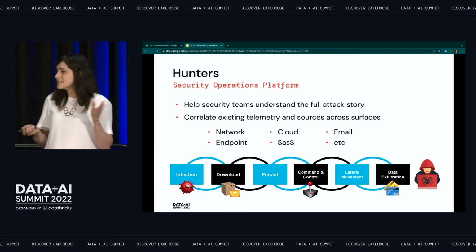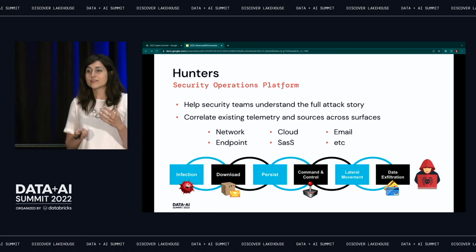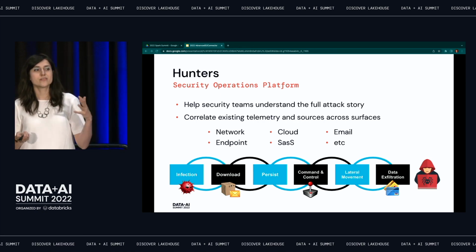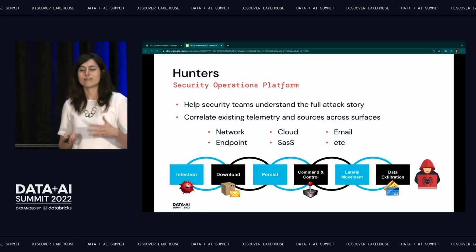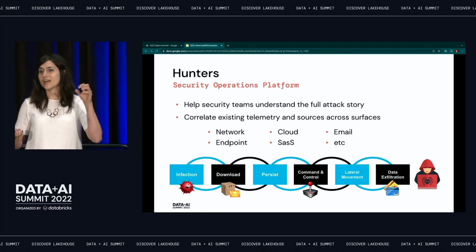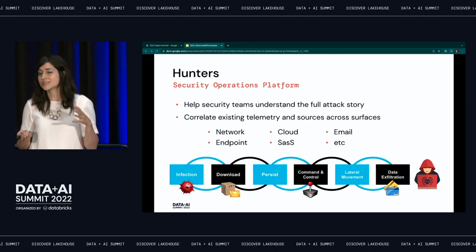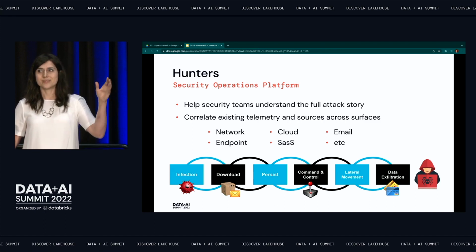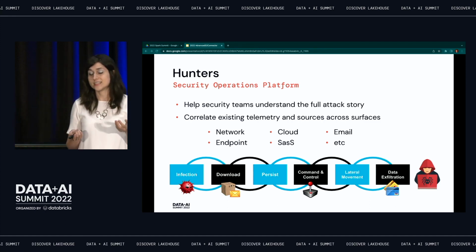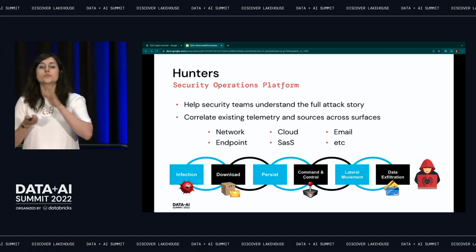Now, all of these small things that I've told you right here, it's very difficult to detect them with high certainty. And one of the main issues with these security products is that they have high rates of false alarms. So think about it, a lot of blipping sensors, and it's really hard to understand the whole picture from these blipping sensors. Okay, no, this and this and this and this, they all are actually connected, and it's an attack. So basically, what we do is that we